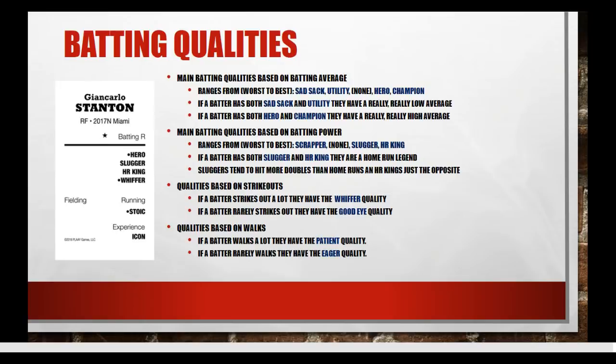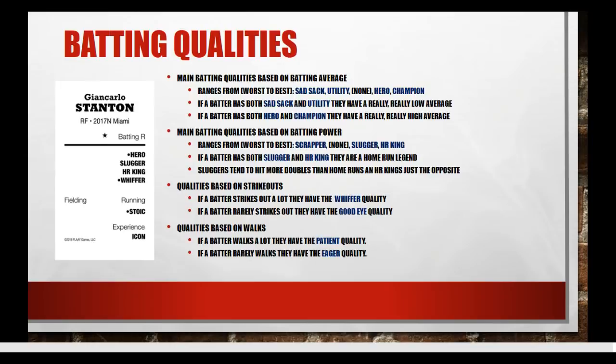Then there's also qualities based on strikeouts, and again, we can see Giancarlo has semi-whiffer. Somebody who has whiffer, they're going to strike out a lot. And this is not uncommon for someone who is a power hitter, and it should be noted that sluggers and home run kings also get strikeouts in some of their results as well, to indicate that they're swinging for the fences. They're going to strike out a little bit more often as well. If a batter strikes out rarely, they're going to have the good eye quality, so they have good vision here